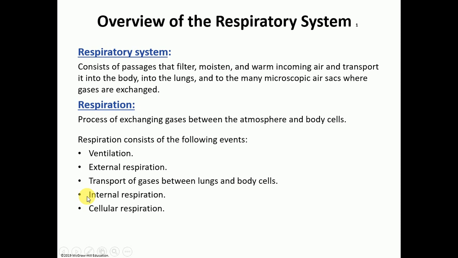And then when oxygen is taken to your body cells, there is another exchange of gas that happens, and that's known as internal respiration, where oxygen will diffuse from the capillary to your cells, while carbon dioxide will go in the opposite direction. The cells are going to get rid of their carbon dioxide, and carbon dioxide will diffuse from the cells into